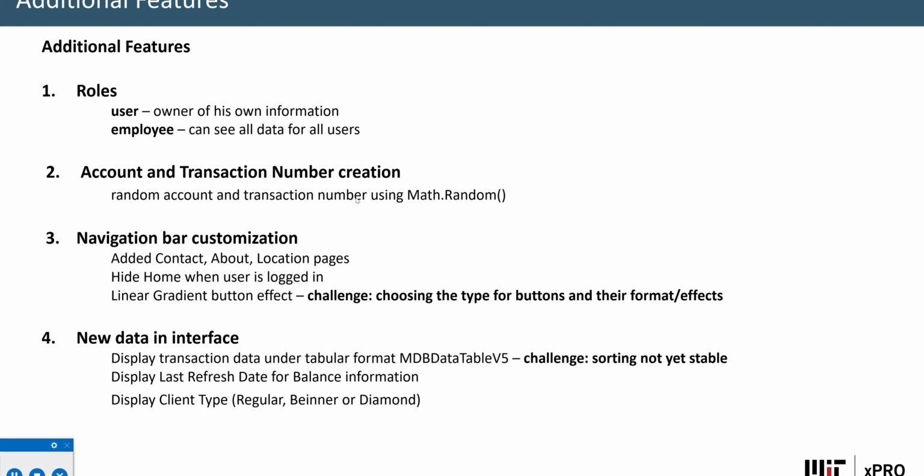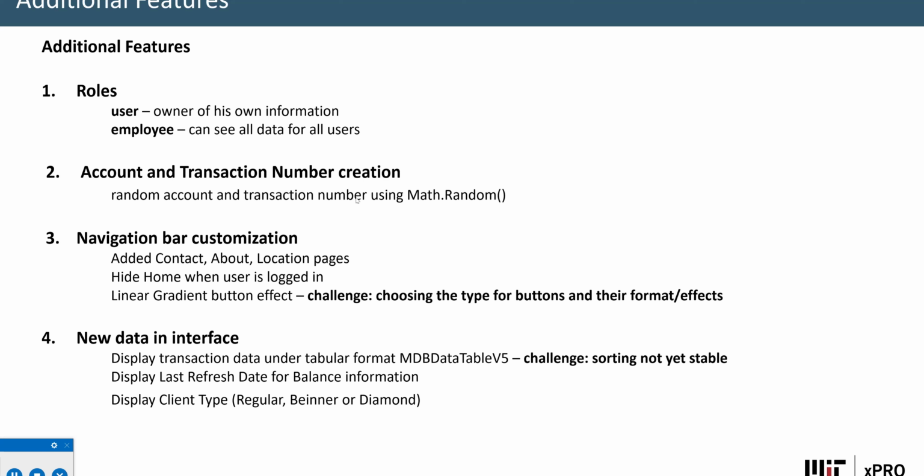I've been adding new data to the interface, like displaying transaction data in the tabular format using MDB data table version 5. As a challenge, I would say that sorting is not yet stable for this style. Also, I've been displaying the last refresh date for balance information purposes, and also displaying the client type,